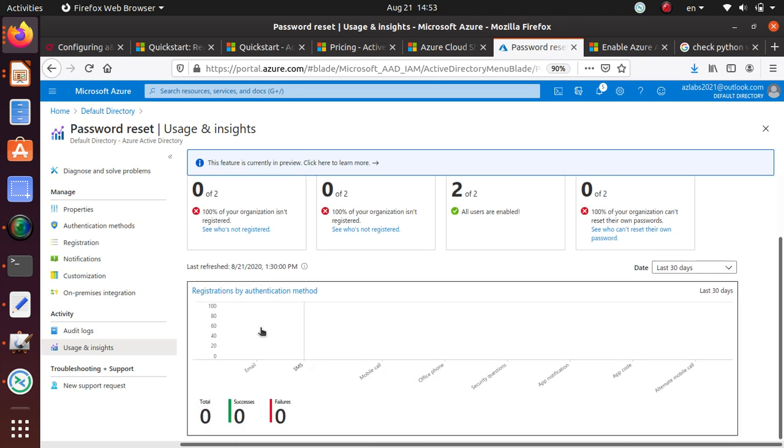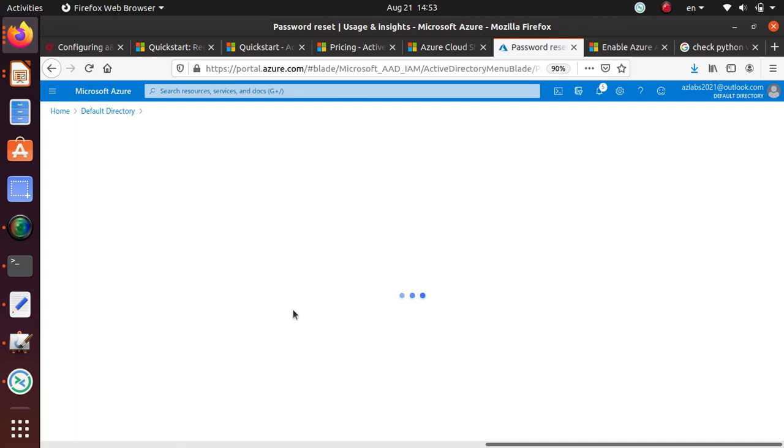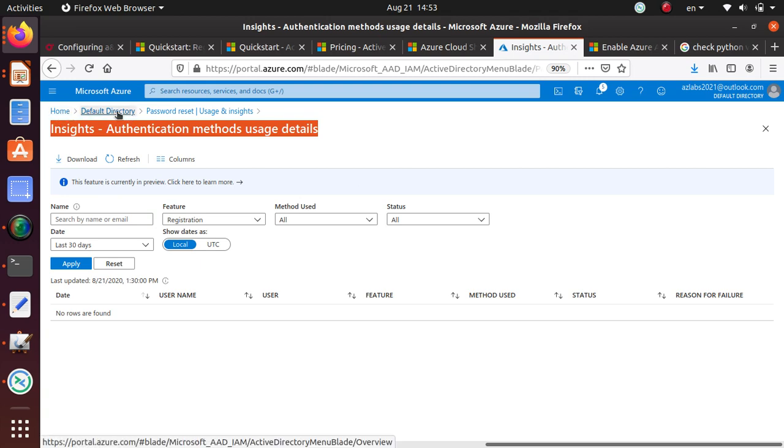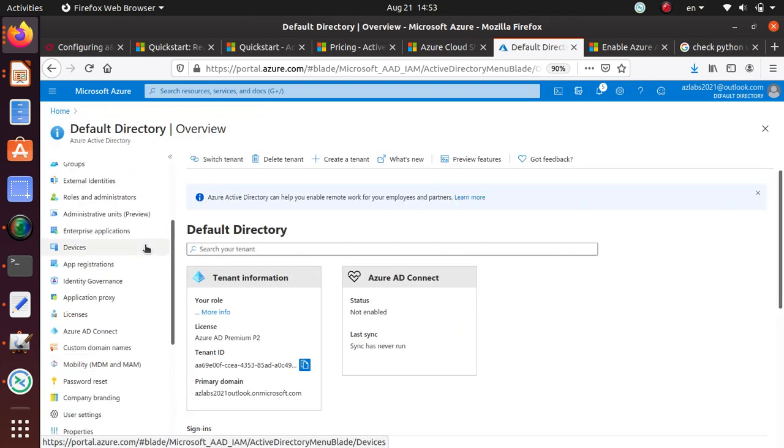But just know that this is a feature still in preview, but it will probably be public by the time maybe you watch the video. And you can click on this particular link. It will also give you some more features. And you can download this table, and it will have insights about the authentication methods people are using for resetting their password. Okay, so now go back to the home directory, and I'll quickly show you how to create a